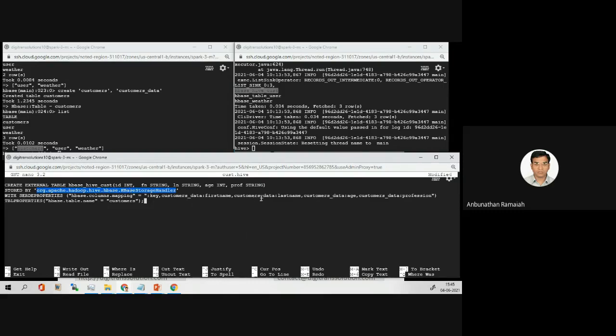SerDe properties are like here, you can see key, customer data first name, customer data last name, customer data age. See, we mapped this. We are going to use this customers table from HBase, and we are going to create this Hive table. So let us save this.